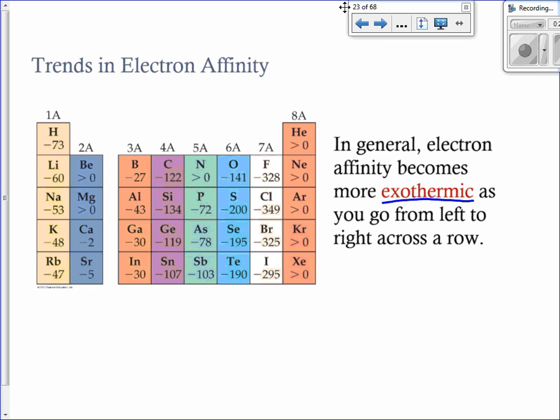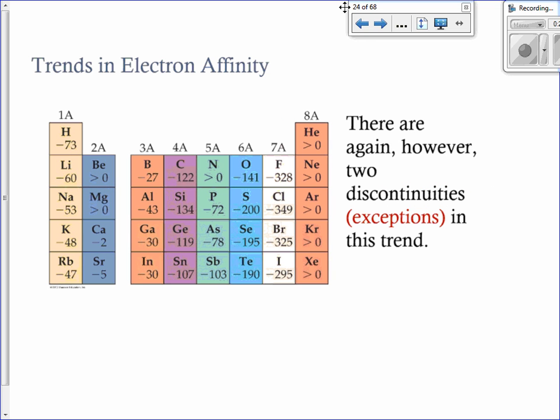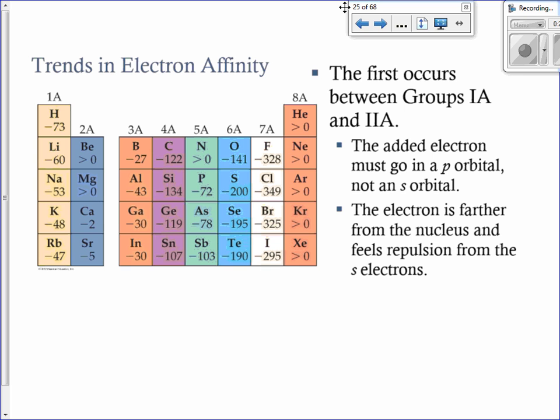Now, talking about some of the exceptions. We're going to be looking at group 1A and 2A. As you see here, between lithium and beryllium, once again, the best bet is to look at the orbital diagrams. So if I'm looking at lithium, I have 2s completely filled. No, lithium's not completely filled, is it? It's only one, right?